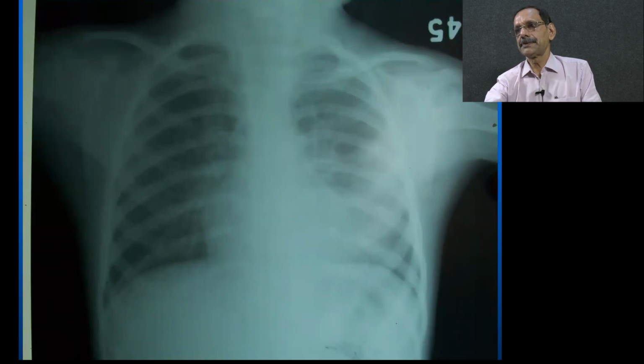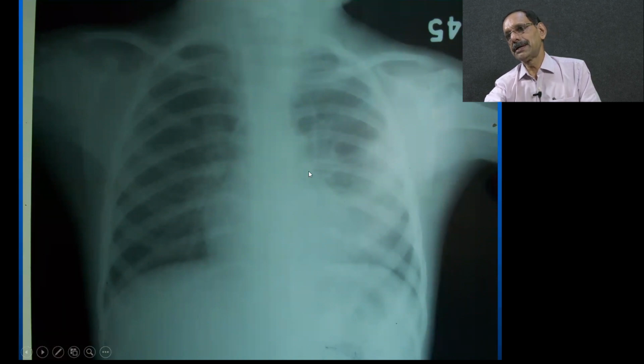Now the corresponding area on the left side is the lingula. See, this is a lingular segment consolidation, because the heart shadow is well marked here, but once it comes here it gets blurred. So that means it is in touch with the heart, but the diaphragm is quite clear, so it is not touching the diaphragm. So it's not lower lobe, it is the lingular segment of the upper lobe on the left side. If it is on the right side, it will be middle lobe.